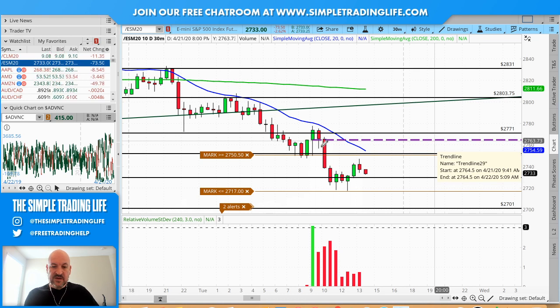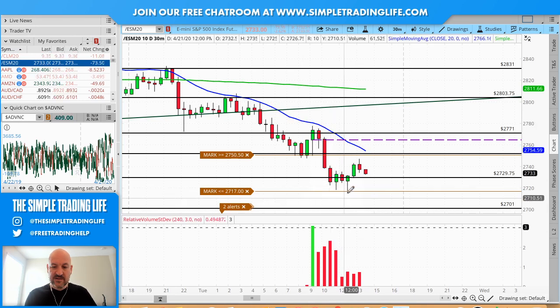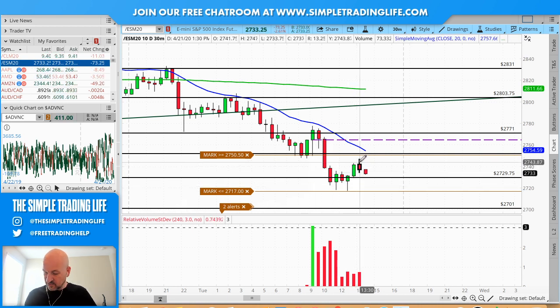2764.50. You can see what we did is we flushed down to support, back up to resistance, and then from there we had a nice flush down all the way from 2777.50, and we've been as low as 2717.25. So a $60.25 drop today. Then we caught a little bit of support right in through here. Made this nice little move back up, which we're going to talk about here very shortly.